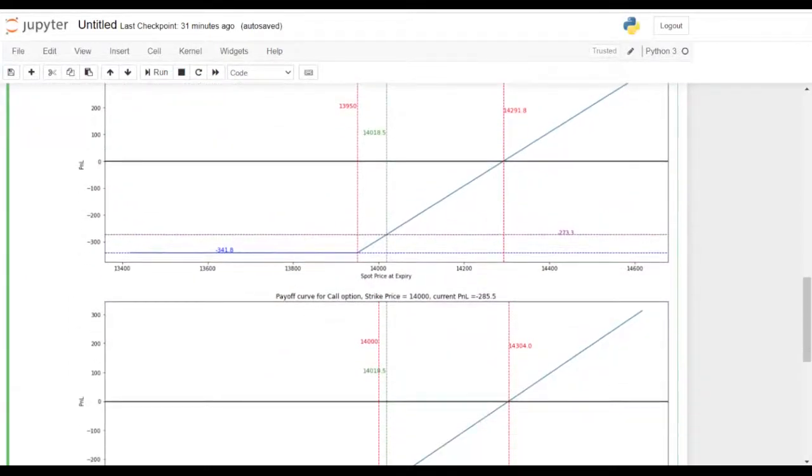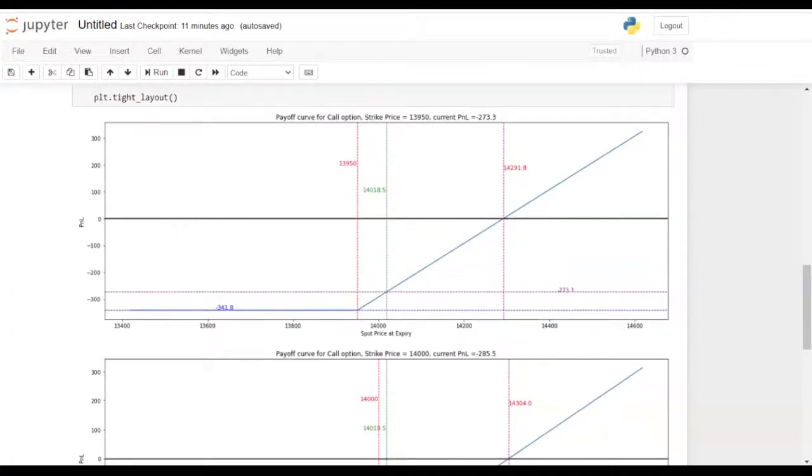So that's all for this video. And in the next video, we'll be plotting the payoff curve for a put option. It's pretty easy. We just have to modify a few lines and we'll be implementing it. You could do it as homework, but I'll demonstrate it in the next video. Also, we'll be plotting the payoff curve for a bull spread. We'll do something really interesting with that. We'll optimize on that payoff curve and get the best payoff as far as risk to reward is concerned.